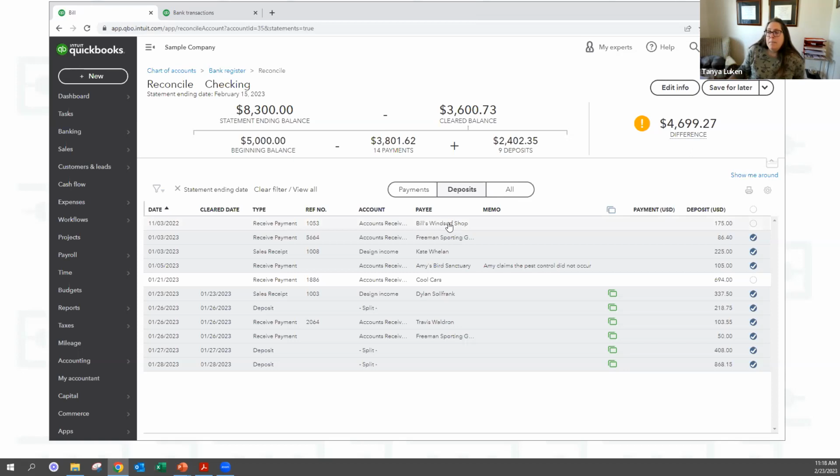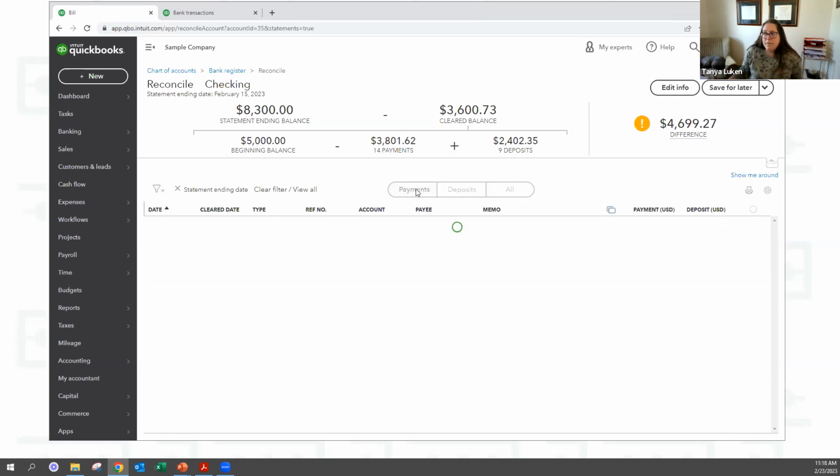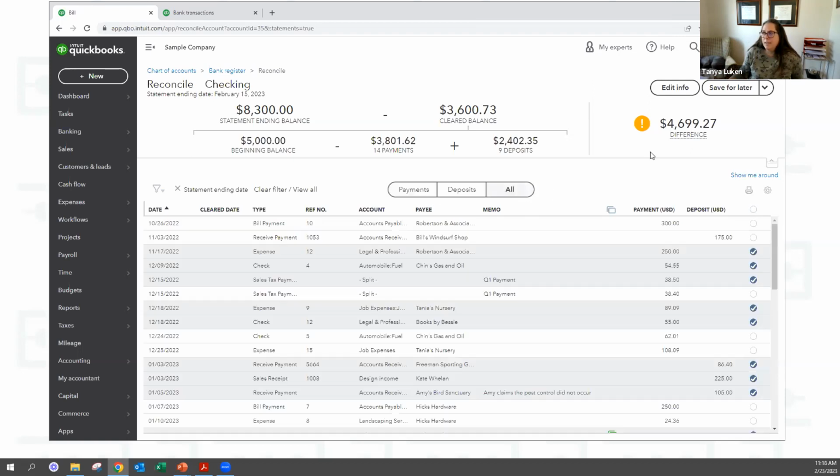The last thing is that you can filter for payments also. And then let's say that you get done and it's $0. The thing you want to look for, and this is where my friend got hung up with the multiple telephone expense, is that she had all these things that were super old that were never checked off. If you find something here that's never checked off, you need to ask yourself, why is this thing still showing here, and does it make sense?